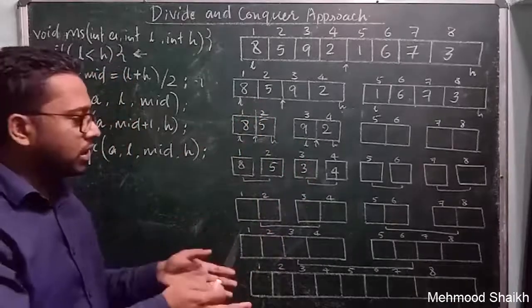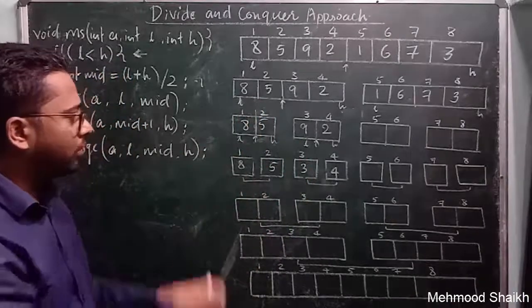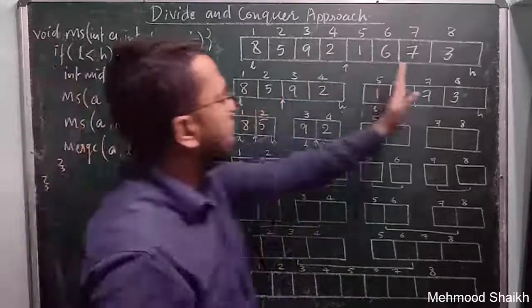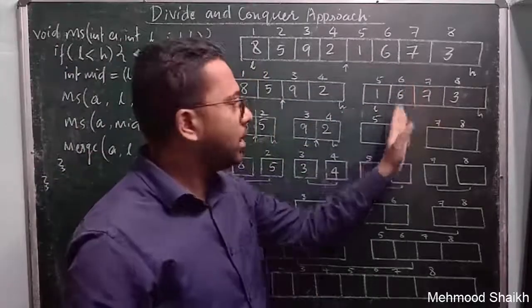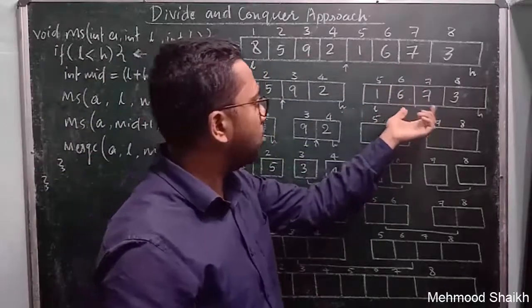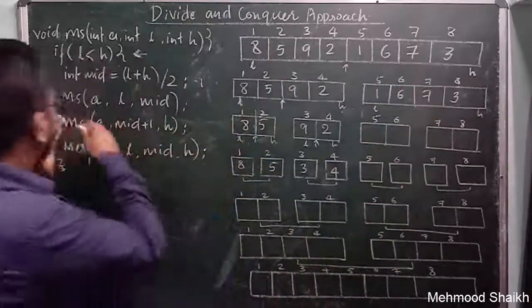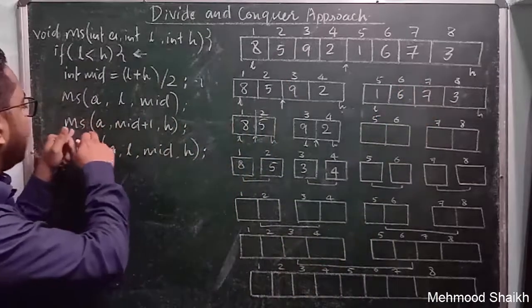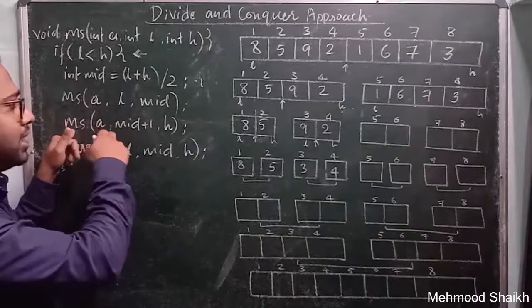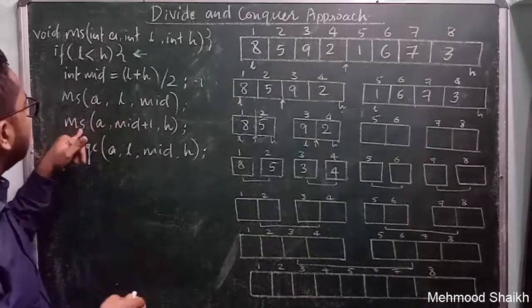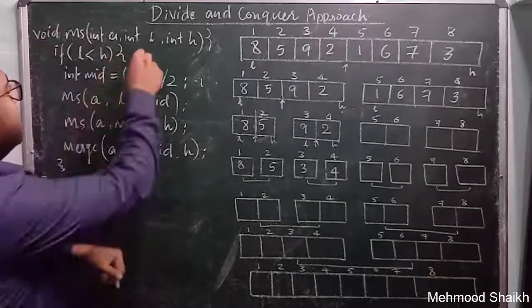Okay, we have reached the smallest unit of the subproblem. So what we can do is move to the second subproblem. We will solve this second subproblem of size n by 2 and come here. Now you can see again in this algorithm, this function is making a call to the merge sort function, and then control will come back here.